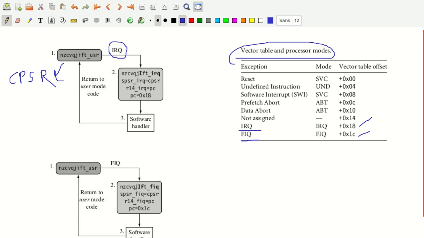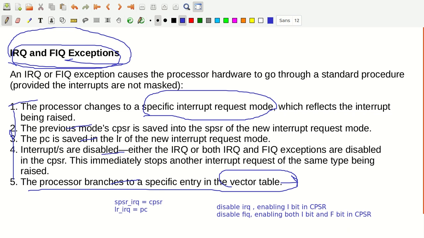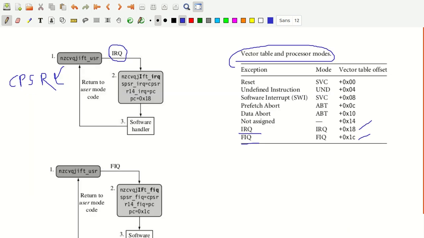What happens here? The mode gets changed. That is the first step: the processor changes to the specific interrupt request mode, which reflects the interrupt being raised. Which interrupt is being raised here? The IRQ interrupt.